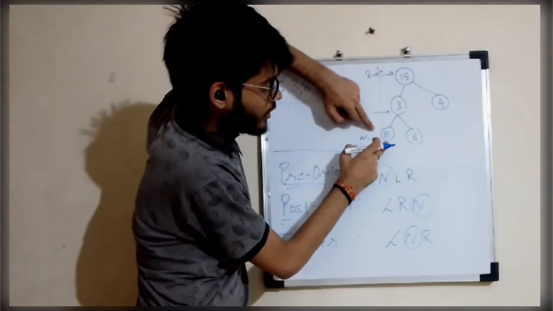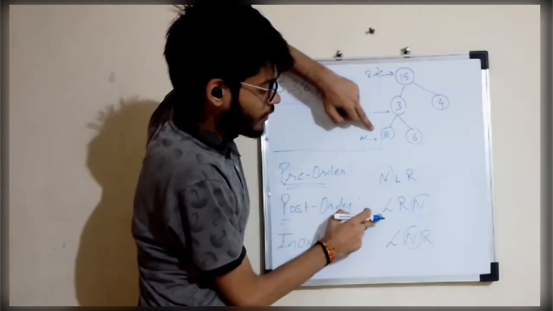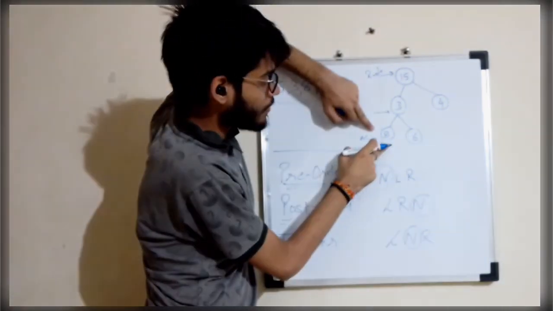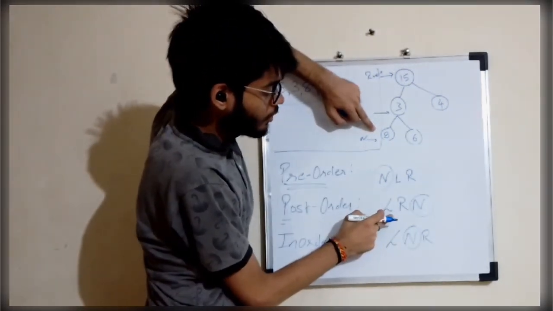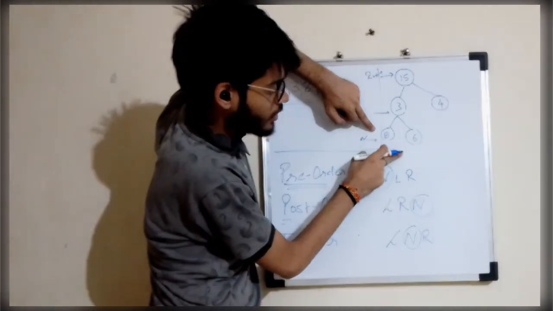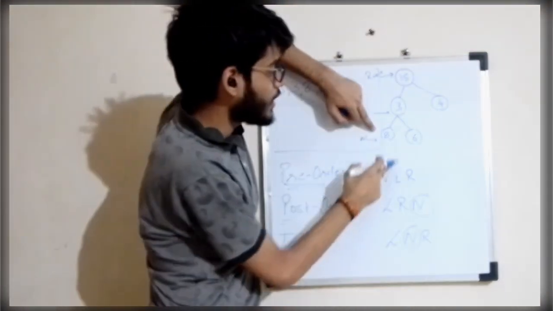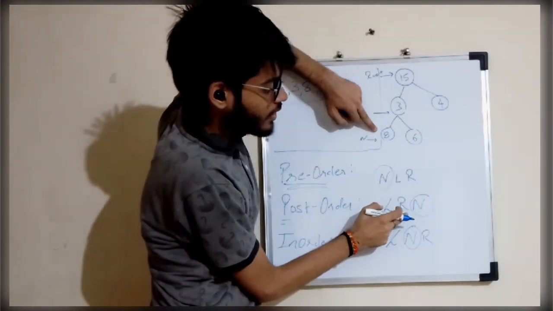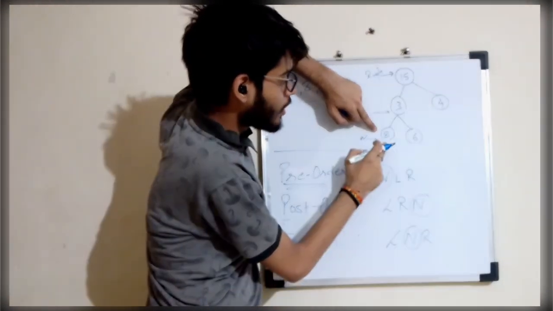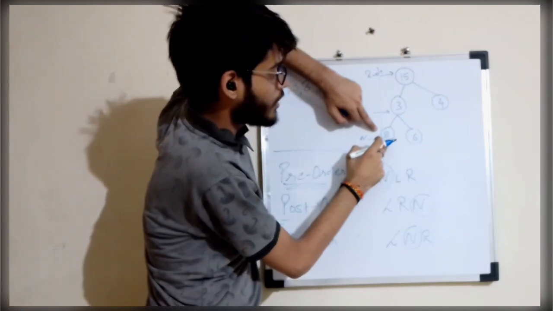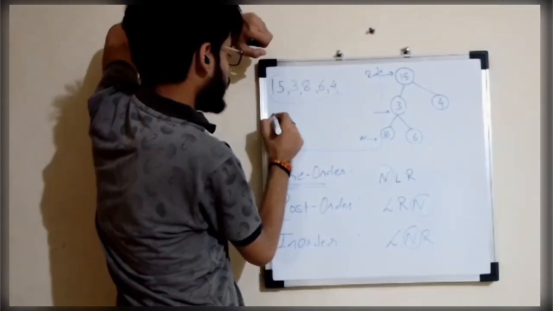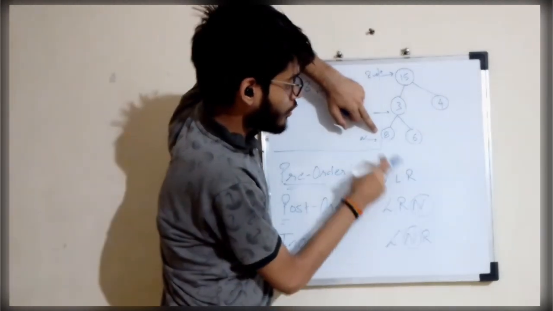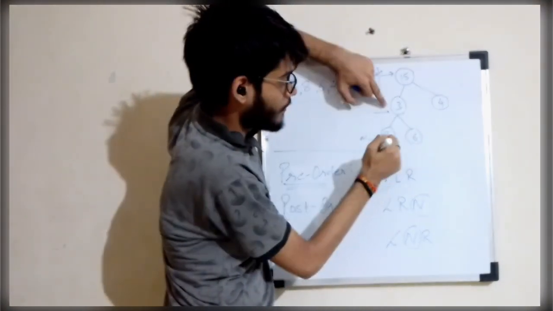Again, after it becomes our node, go to the left of this. Do we have anything at the left? No. Then leave it. Then what do we have after the left of the node? We have the right of the node. Do we have anything over here at the right? No. Then after visiting the right, what do we have? We have the node, so we'll print the node. So we have 8 over here. After visiting left, right, and node of this 8, it will return back to 3.